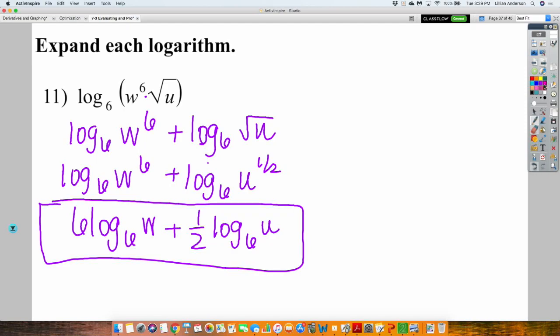Okay? Now, one thing I do want to point out is that 1/2 log base 6 of u could be written as log